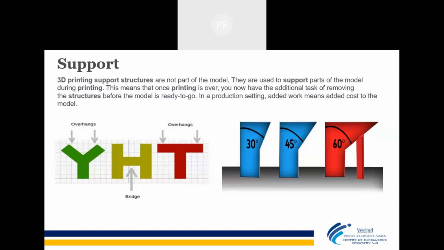So why do we need support? Imagine a structure like a Y. You can see this, everybody, Y. In this structure, this part and this part are overhanging parts. There is something which doesn't have any base. If there is no base, material cannot be deposited into the air, right? We can't deposit the material into the air. We need a certain level of base to deposit the material. So if there is no base in an overhanging structure, an artificial base will be developed, which is known as a support structure.